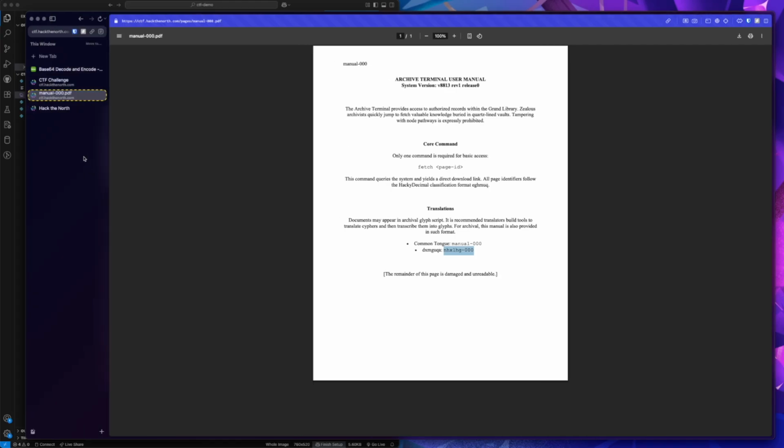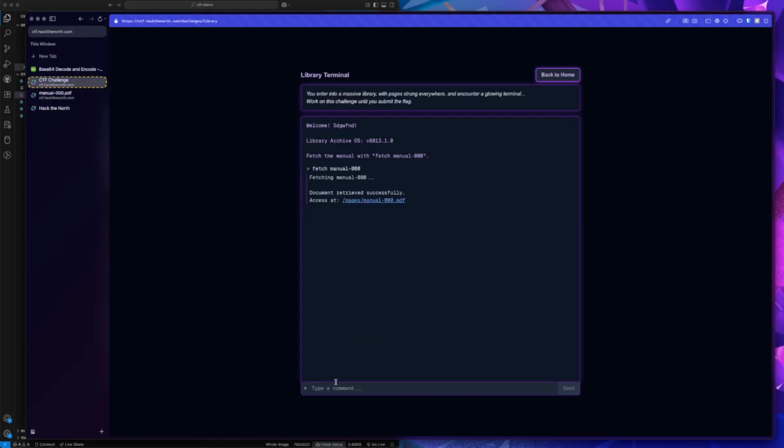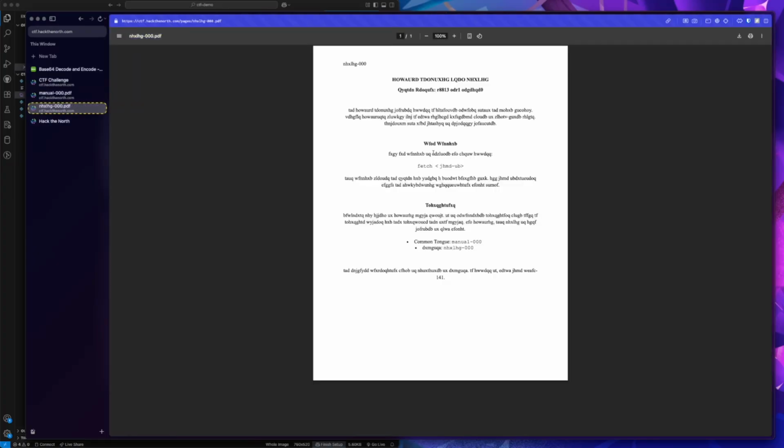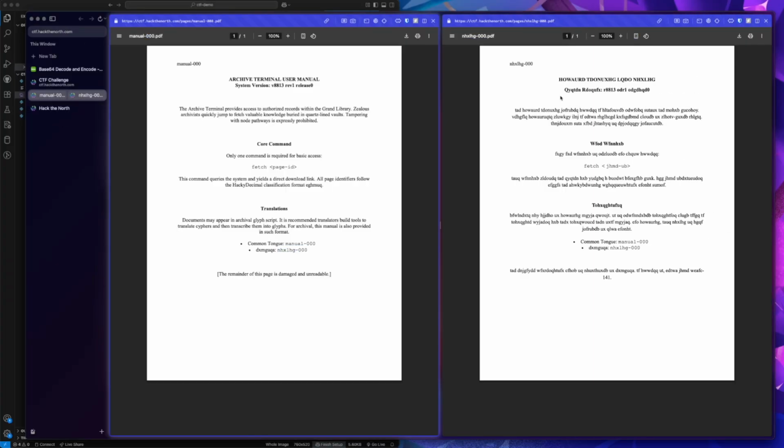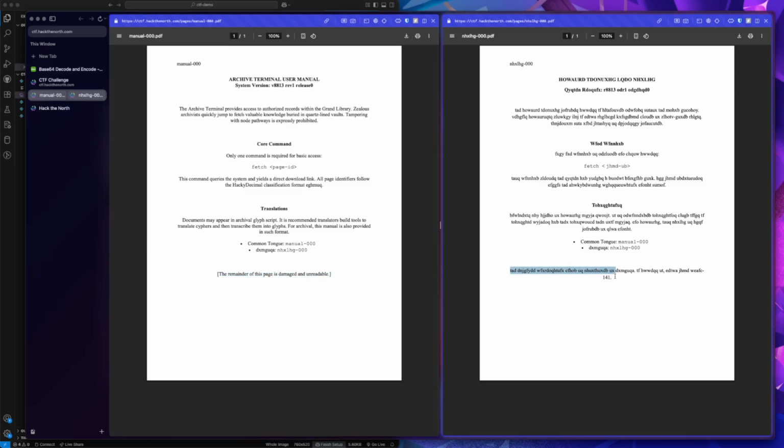So if we go back to the terminal and we look it up, fetch, we then receive a new page. And if you just type in like fetch blah blah blah, the system will tell you there is no page found. But coming back to this page, now we have another page, but this is absolutely sort of unreadable for us. But the core thing to notice is that these two pages are almost identical. They have a bunch of similarly formatted text, so it looks like they're translations of the same page, but since the bottom of this page was cut off, and there is some stuff here, maybe that's something we want to